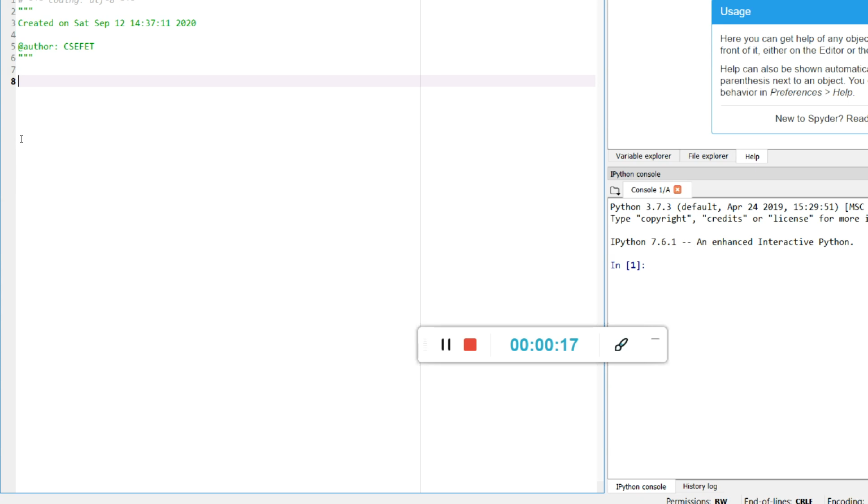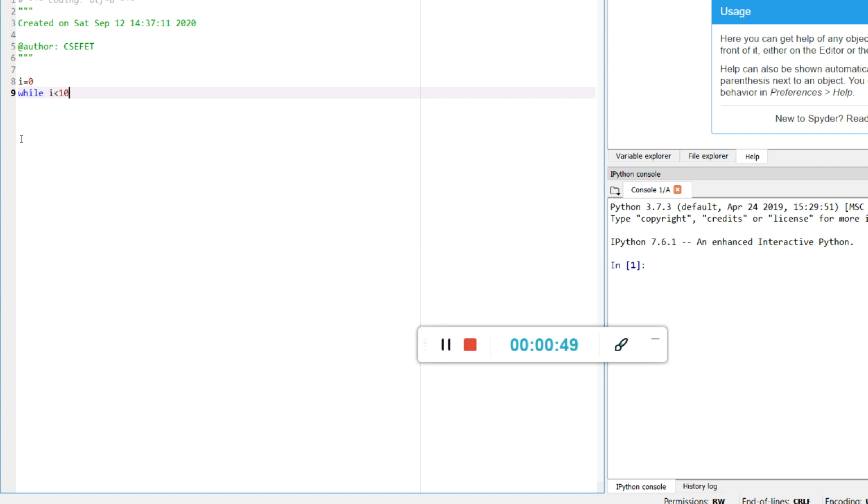There are basically two types of loops in Python. One is called a for loop and the second is called a while loop. So let's make a small program using a while loop to know how it works. For example, I take a variable i and initialize it to 0, and then we write while i is less than 10.